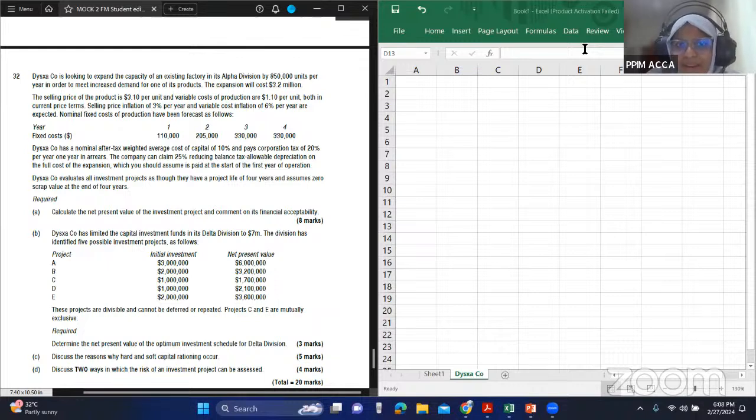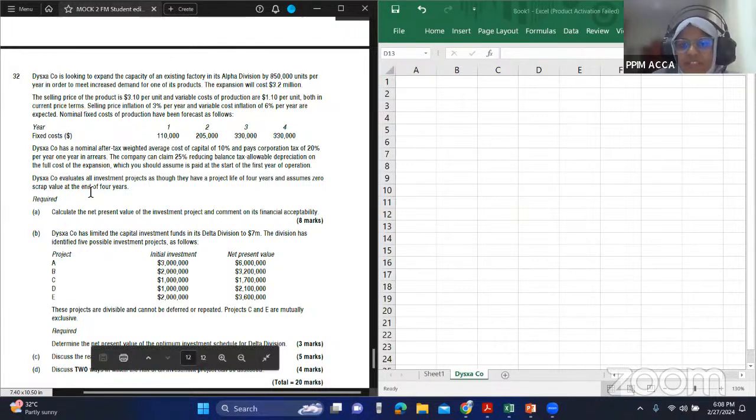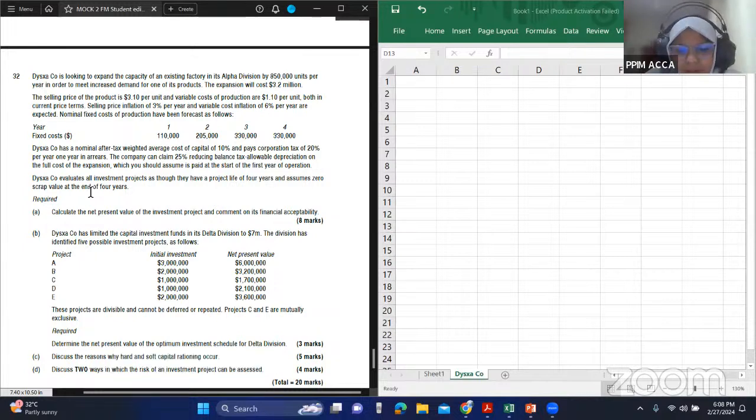So in TRG 1, 2, and 3, we focused mainly on constructed response questions, like the one I have displayed here. It will be worth 20 marks. The reason is, if you can do a constructed response question, bits and pieces of this question are what you will see in an MCQ or an MTQ style question. It has everything involved. So if you're comfortable with constructed response, then you shouldn't have many problems with an MCQ. That is the reason we chose constructed response.